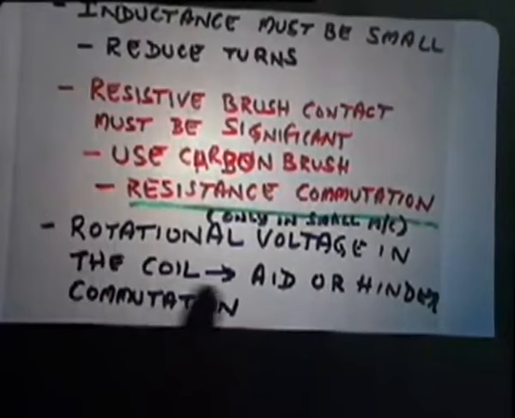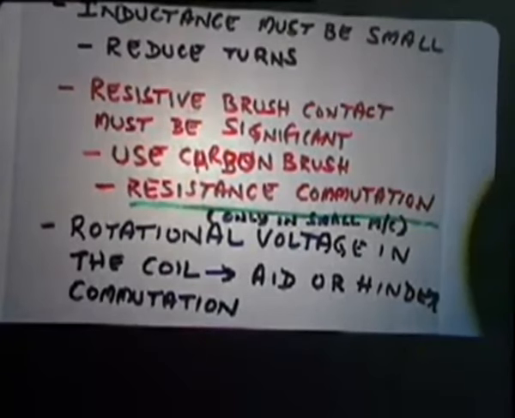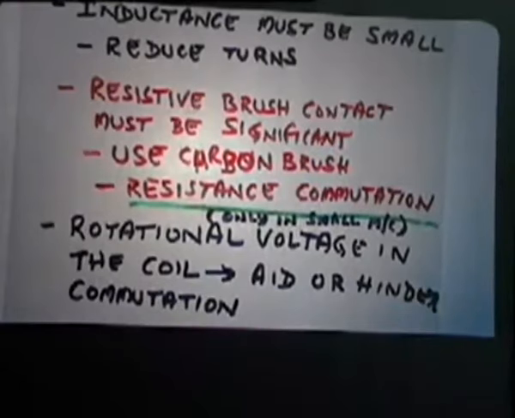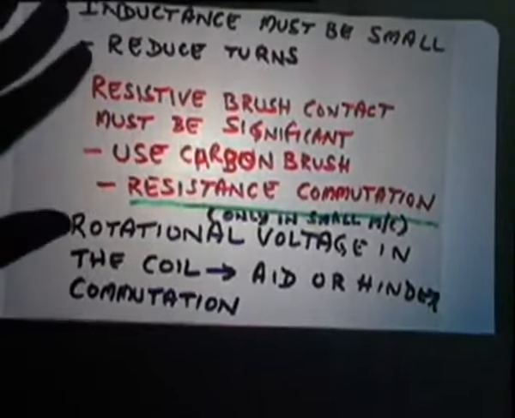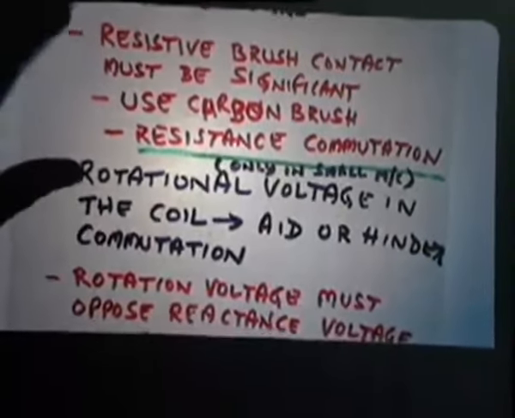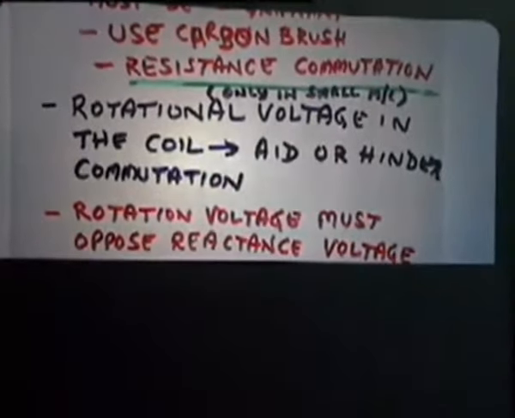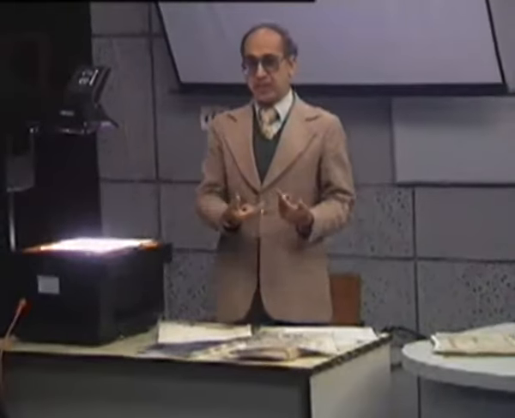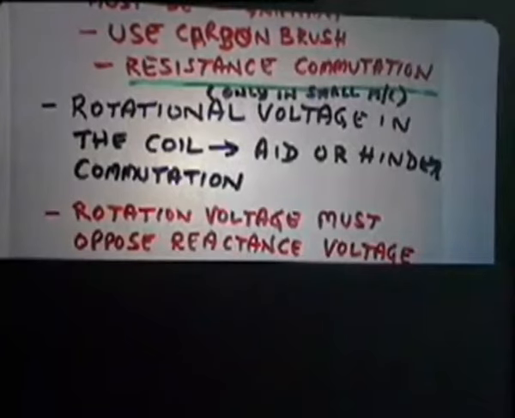Rotational voltage in the coil may aid or hinder the commutation, depending upon how it acts with reference to the other induced voltages. So we have seen that we must try to see that the rotational voltage must oppose the reactance voltage. That means in the coil undergoing commutation, where the reactance voltage is induced, we must somehow inject additional rotational or speed voltage in such a direction as to oppose the